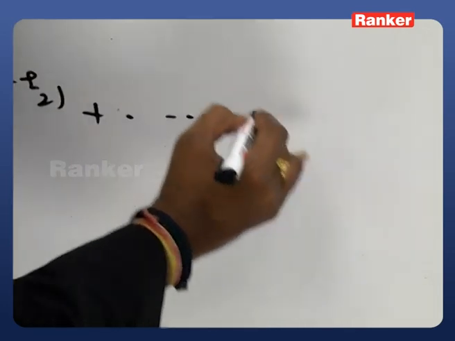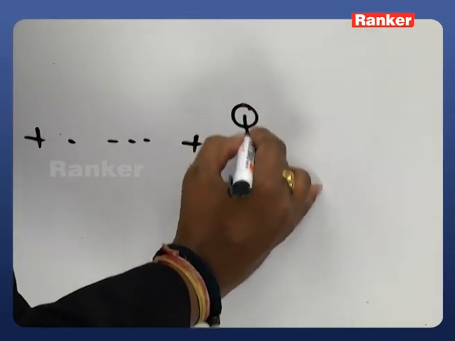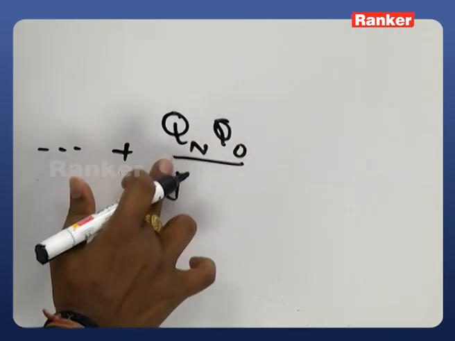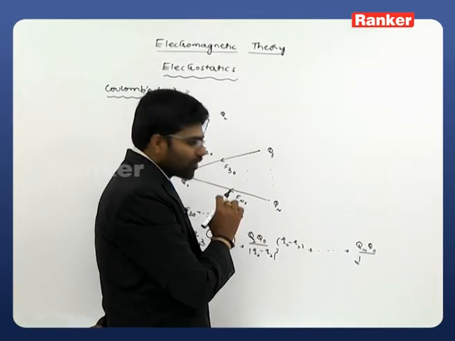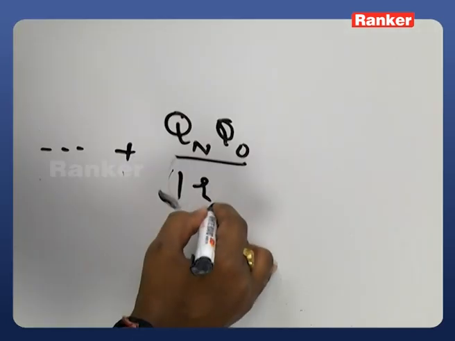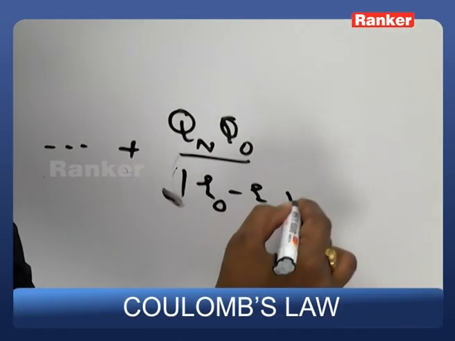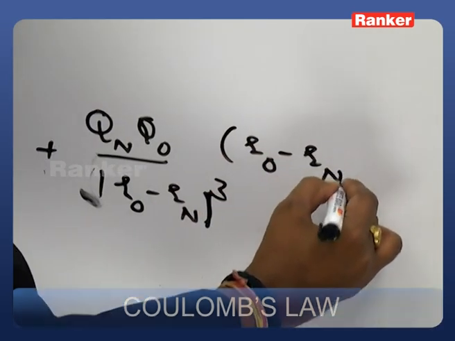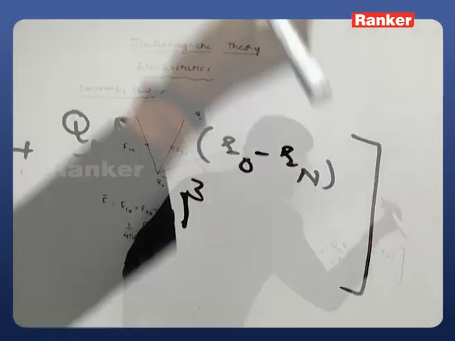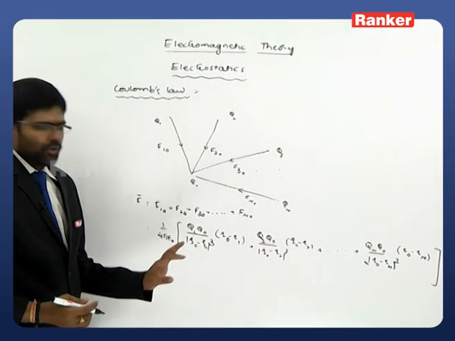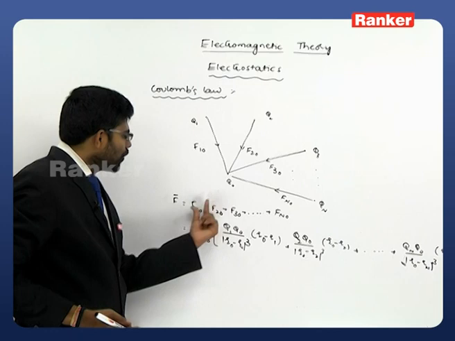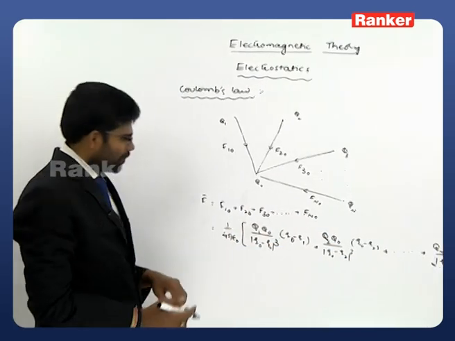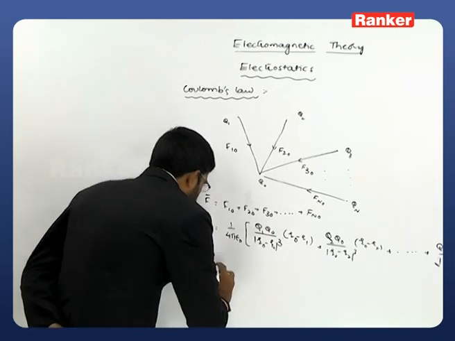What I am writing is the nth term, that is F_n0, that is Q_n Q_0 divided by the magnitude, just write down the magnitude for this particular force, that is (R_0 minus R_n) whole cube, multiplied with its distance vector R_0 minus R_n. Just observe what we are doing here. We are calculating the individual forces and adding them. So if you write down the general equation, it will be like this, which is equal to